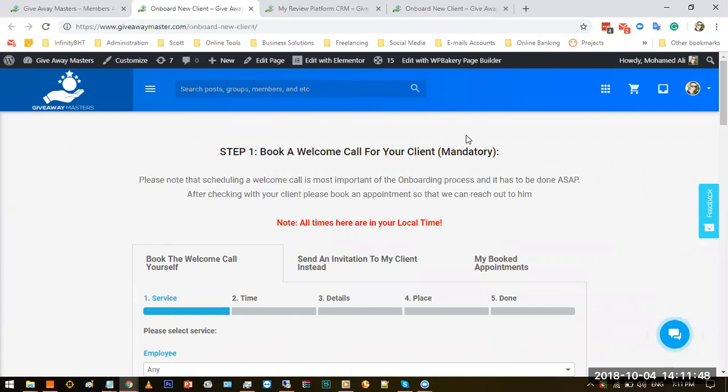The first one is to book a welcome call for your client, which became mandatory about 2 weeks ago. Before that, we were just giving you the freedom to book the welcome call whenever you want, or even not book it at all, and we would have to contact and follow up with the decision maker to book a welcome call with him, and that was actually very hard, and sometimes even impossible. Sometimes it takes more than 10 days to book an appointment with the decision maker, and that is just a waste of time for your client